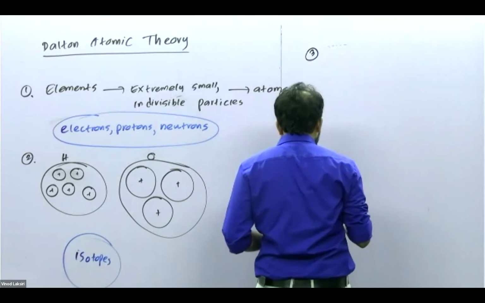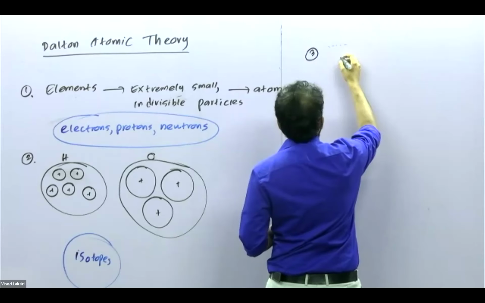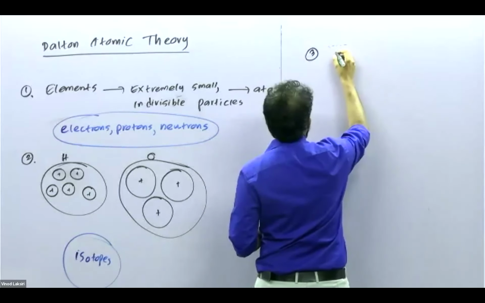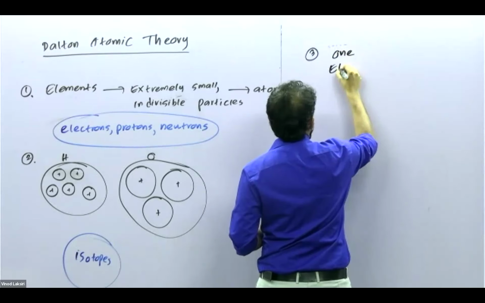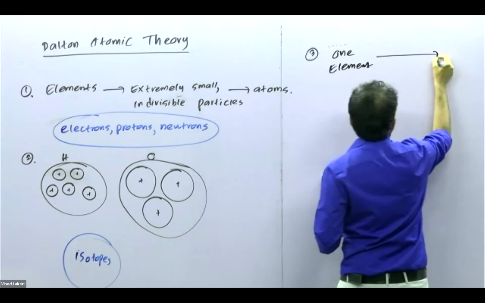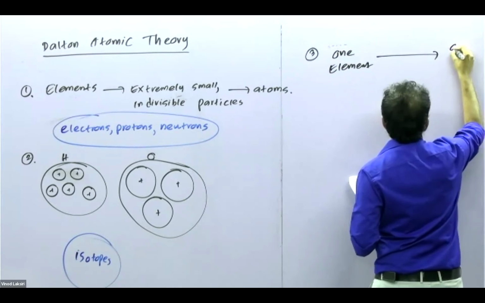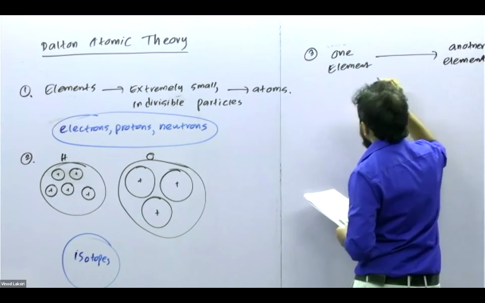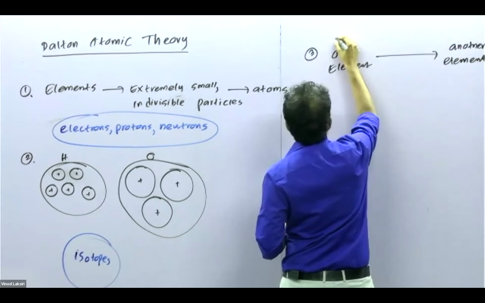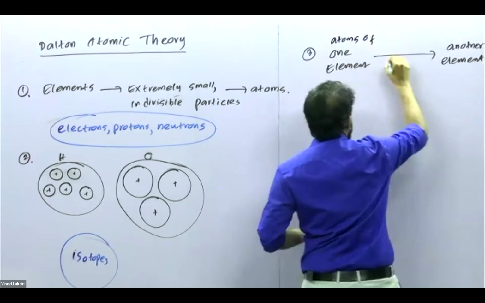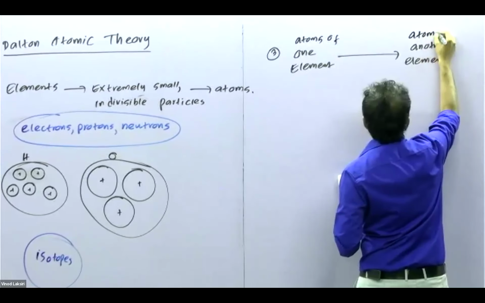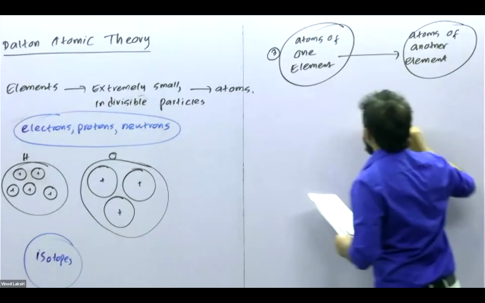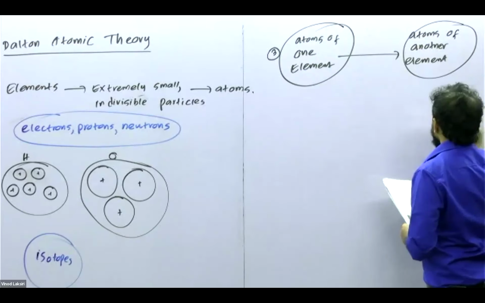Then the third one: atoms of one element cannot be changed into atoms of another element. That means, think of one element, they say this element cannot be converted to another element. Do you understand? Atoms of one element cannot be converted to atoms of another element. This is wrong according to the Dalton theory,